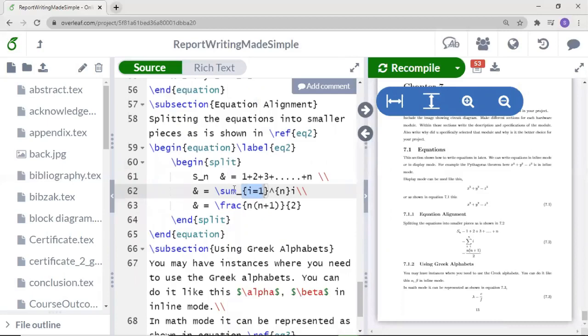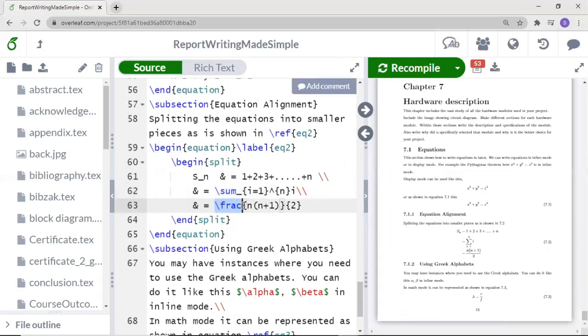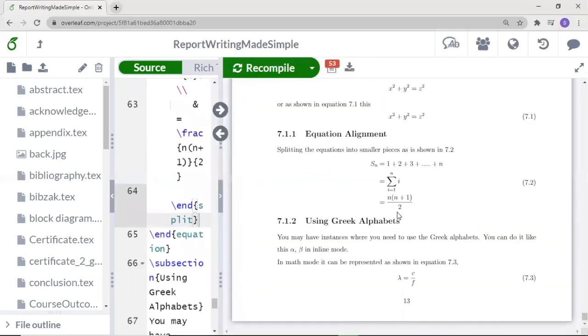So you can use this command for that. And for fraction, there is a command called frac. In that, in the first curly braces, you have to insert the numerator, and in the second curly braces, you have to include the denominator. This will appear like this. See, n into n plus 1 is in the numerator and 2 is in the denominator.